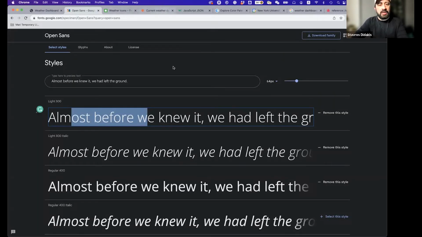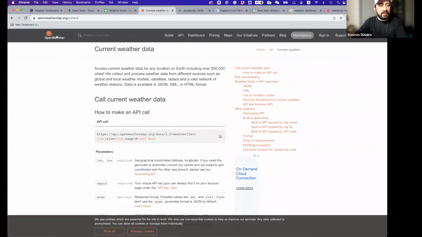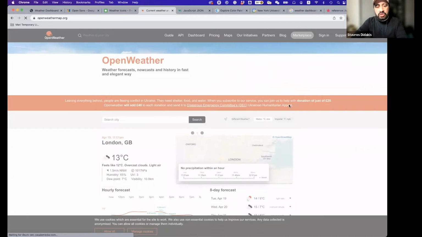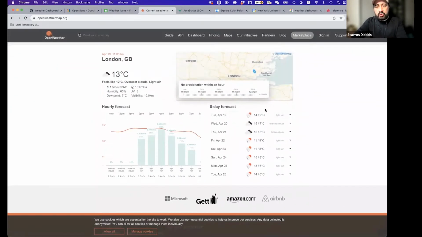So 3 different cities, the weather conditions will appear here. For this, I am using the OpenWeatherMap API. Sorry, this is the link. And from OpenWeatherMap, if we open the main page here, we will see that we are able to devise